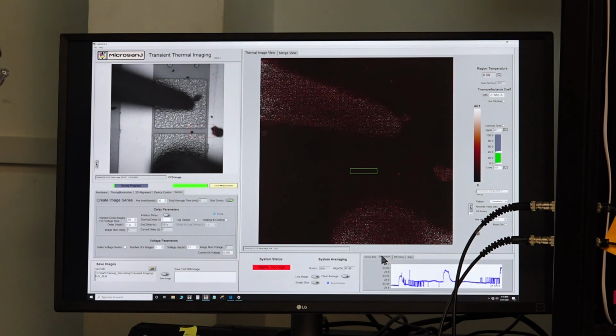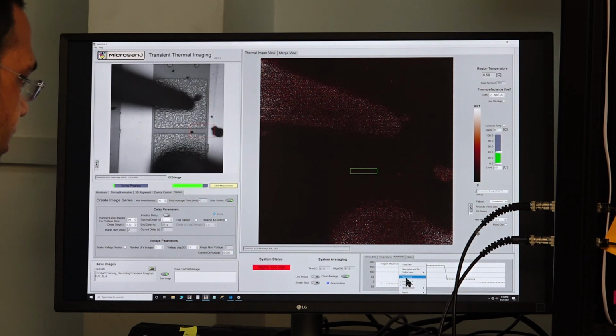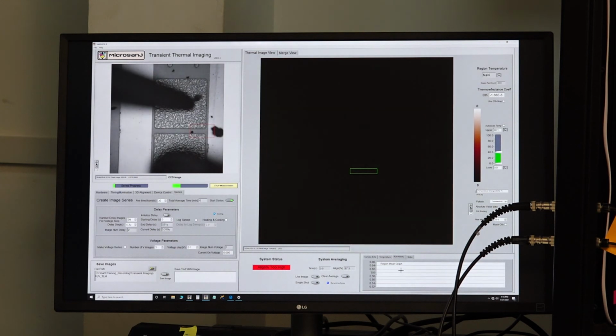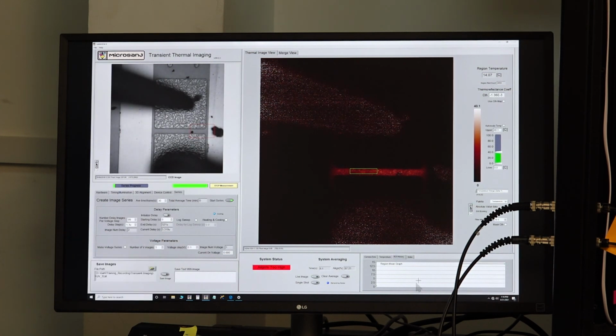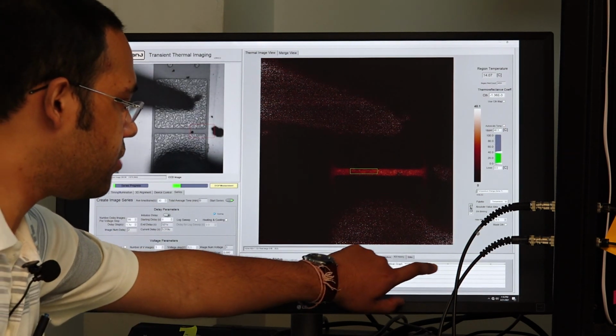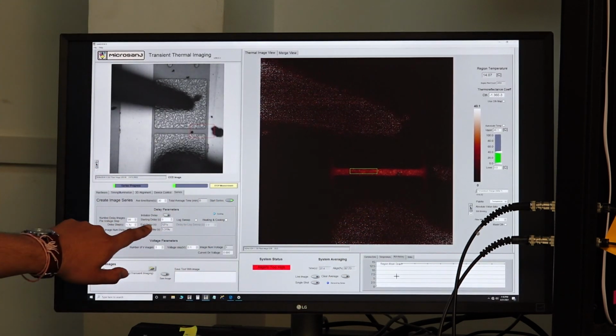To monitor this temperature rise and fall, we go to this ROI history and we clear this chart, and here we'll get how the temperature rises with time. So this graph will record at every delay point. See, now we are 5 microseconds into the pulse and we are already seeing heating up of the device. This is going to continue for some time, and for each and every delay step, we are getting multiple images. You can see 0.1, 0.2, 0.3, 0.4, 0.5, 0.6, 0.7, each at a particular delay step.